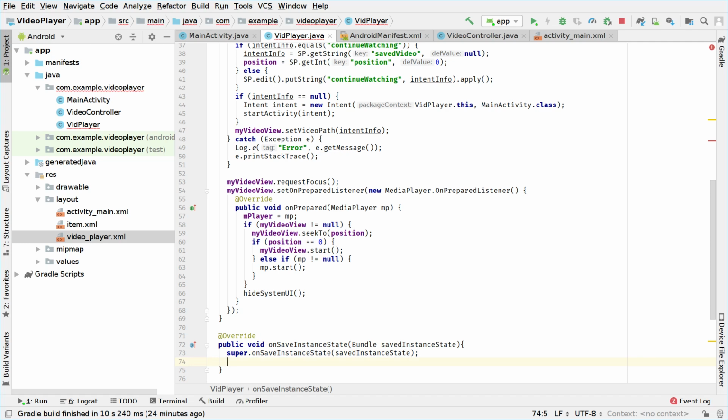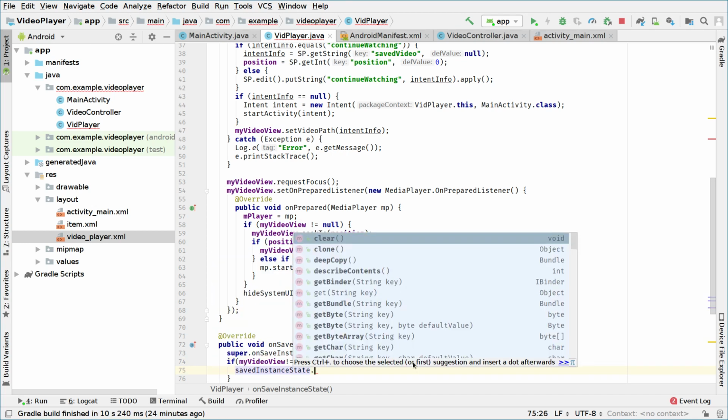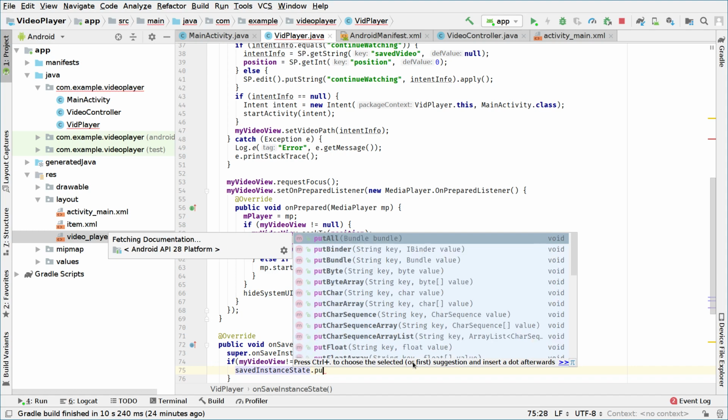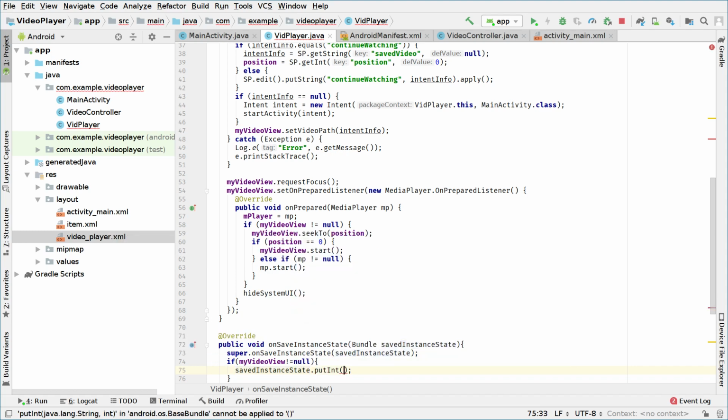Now we will store the video position, we will save it into our shared preferences, or actually save it in the instance state, okay? So you can say if myVideoView is different than null, we'll go ahead and say savedInstanceState.putInt, and the key will be "position",